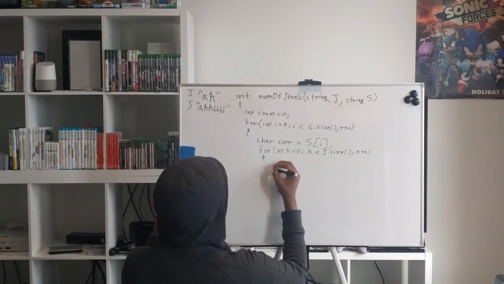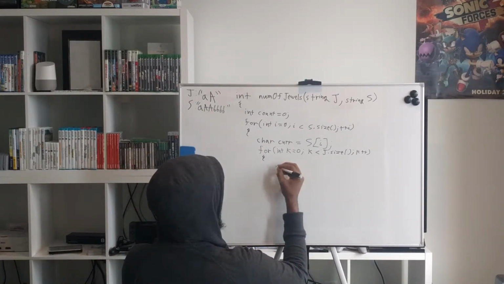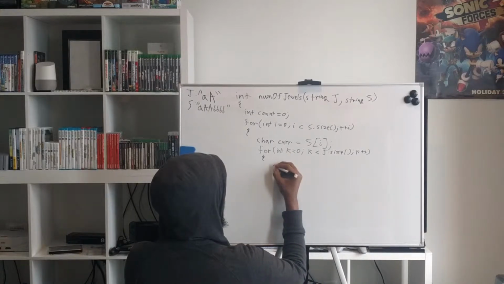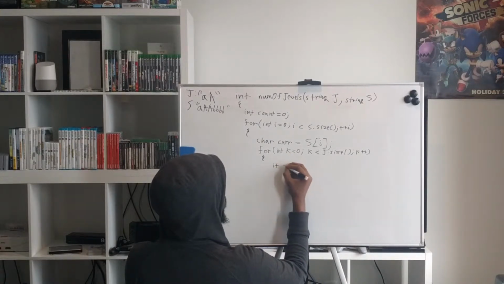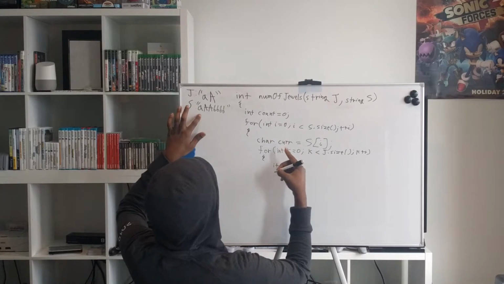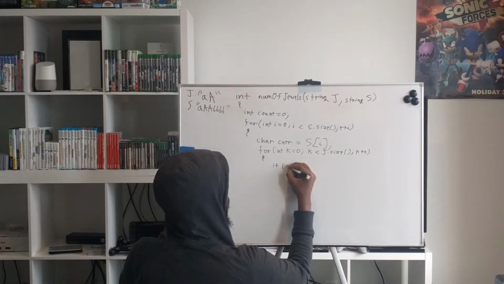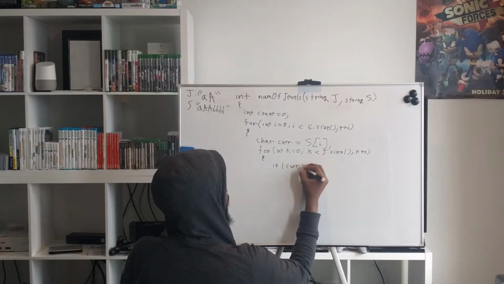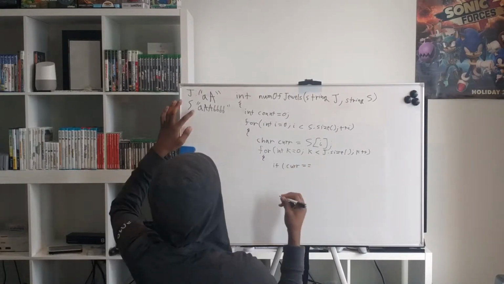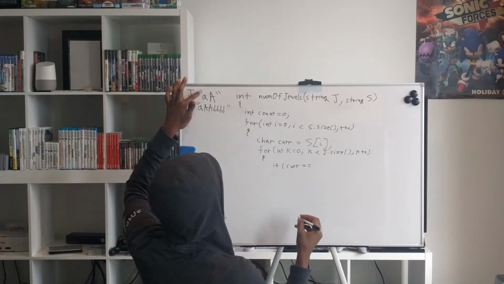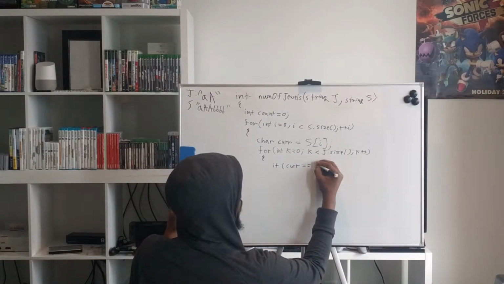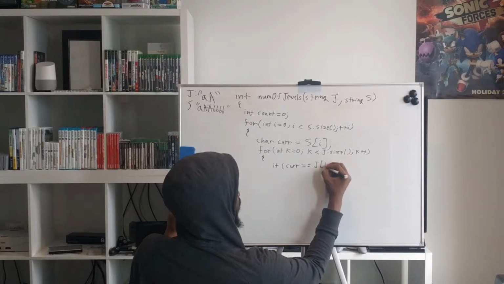So what we want to do now is basically say, okay, if the current character we're analyzing here, so cur, equals the current character we're looking at in the set of jewels, so j of k,